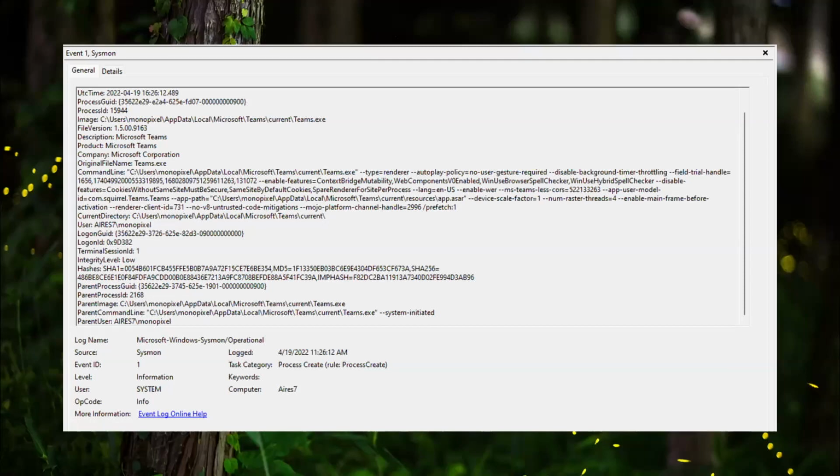And as you can see, we just have a ton more information here, including things like the SHA hashes and the MD5 hash. We have the parent process ID. We have the parent process name. We even have the parent command line. This just adds a ton more visibility, but it does more than just increasing your visibility for things like